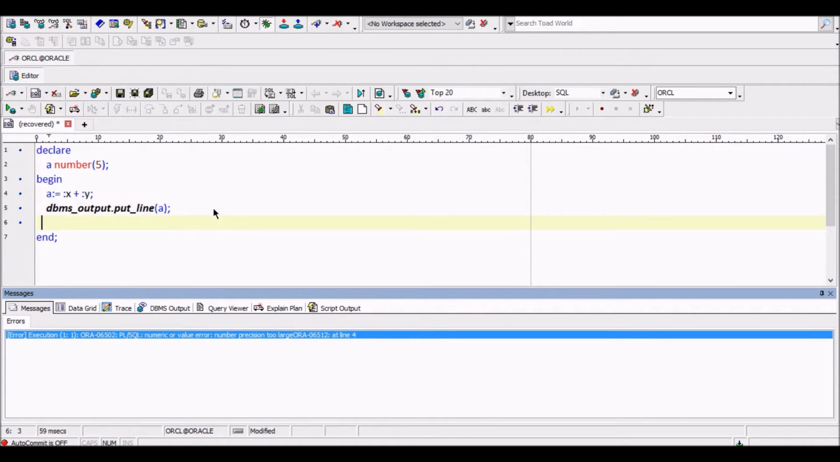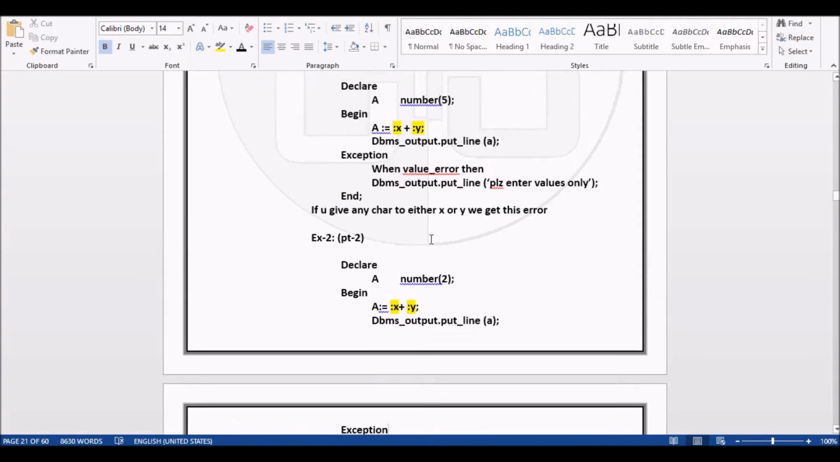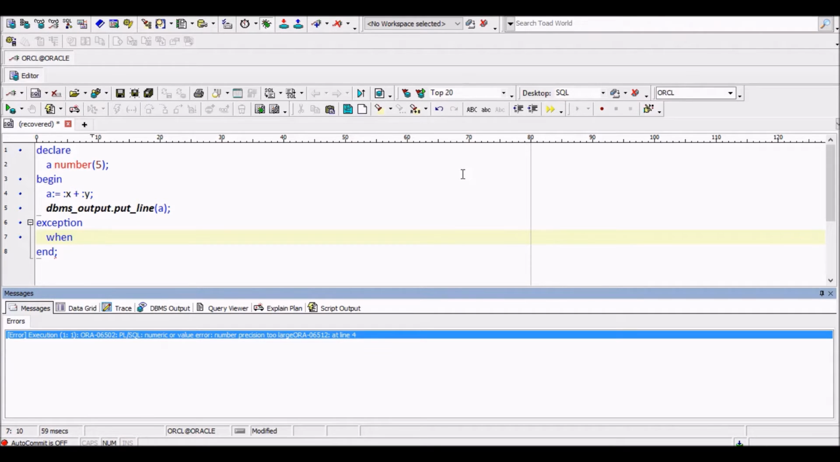So how to handle that errors? We will use exceptions. So what is this exception? So when value error, okay, when value error, then dbms_output.put_line,